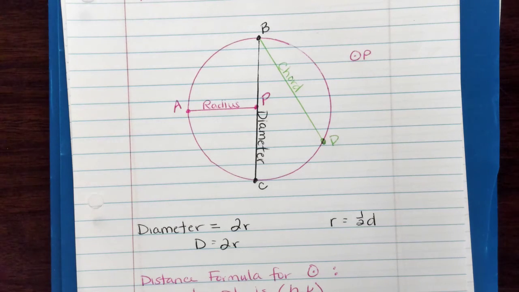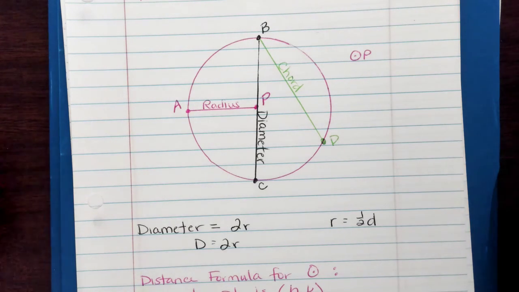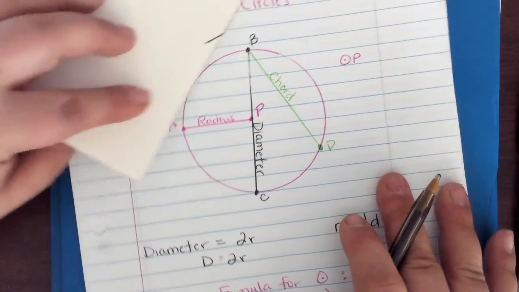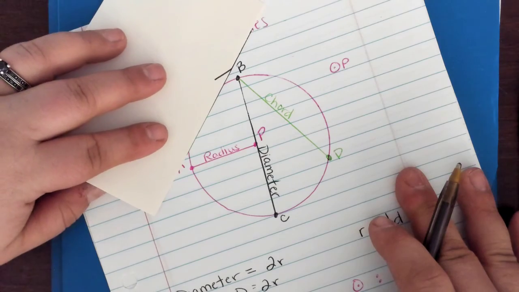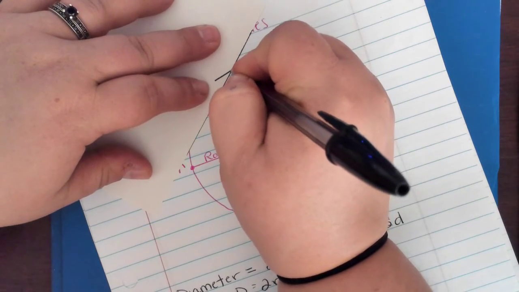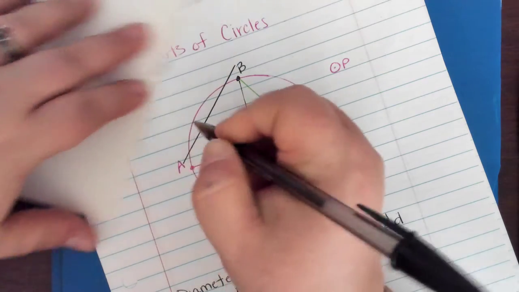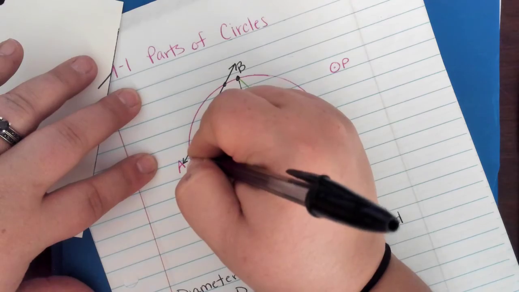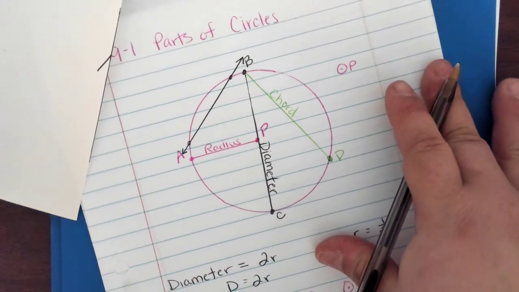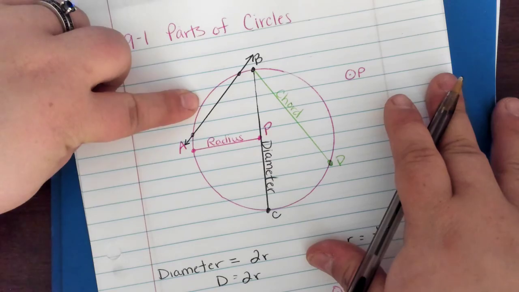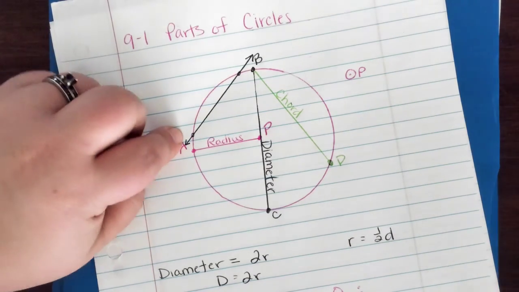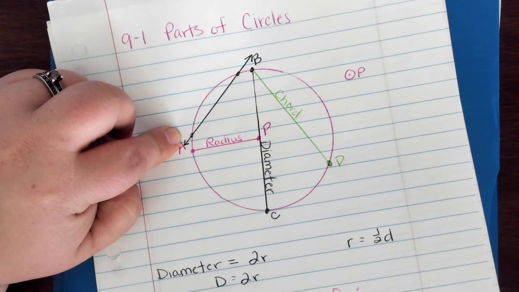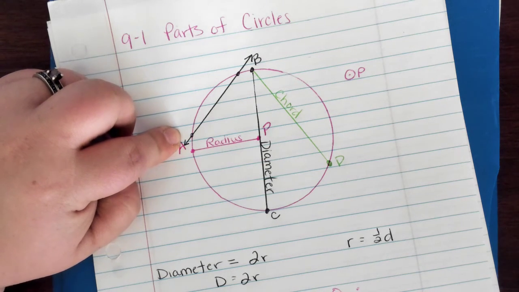If that segment extends in both directions, so let's say we have a line that goes through our circle, which means I would have arrows on both sides. I do have 2 points on there, but that is not the end of our line. It extends. That is then called a tangent. A line that goes through the circle,